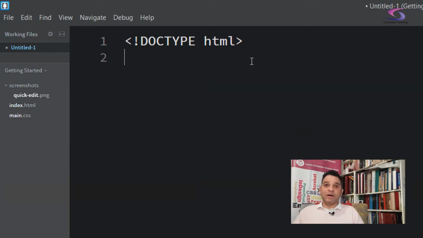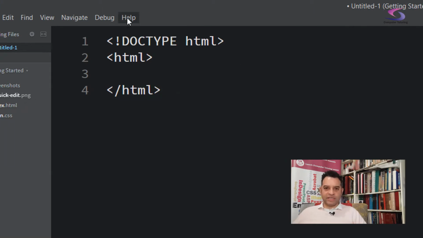Now, every HTML page needs HTML tags. So let's put them in, shall we? So HTML, oops, I like to write them in lowercase, HTML, opening and closing. Now, if you have just automatically installed Brackets and it's putting up the closing tags, then what you can do is under, if I can find the section here,